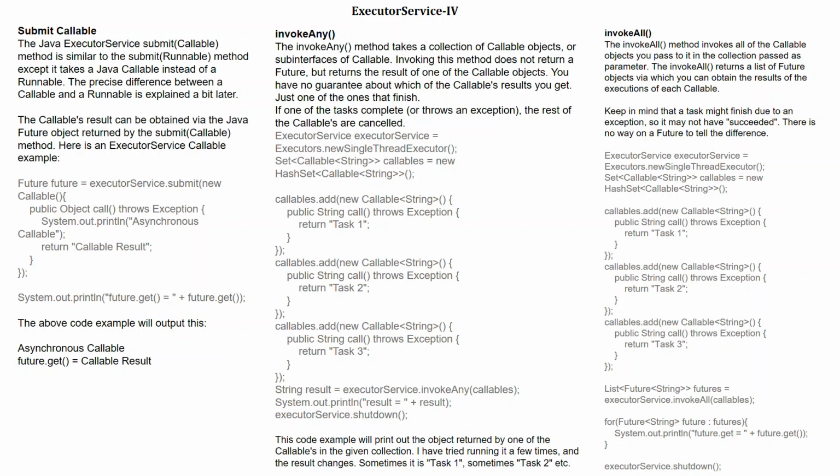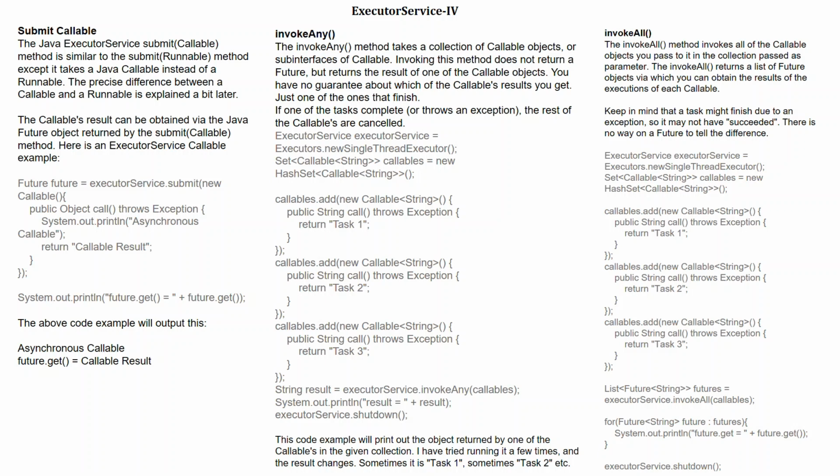If one of the tasks completes or throws an exception, the rest of the Callables are cancelled. See an example. This code example will print out the object returned by one of the Callables in the given collection. I have tried running it a few times, and the result changes. Sometimes it is Task 1, sometimes Task 2, etc.